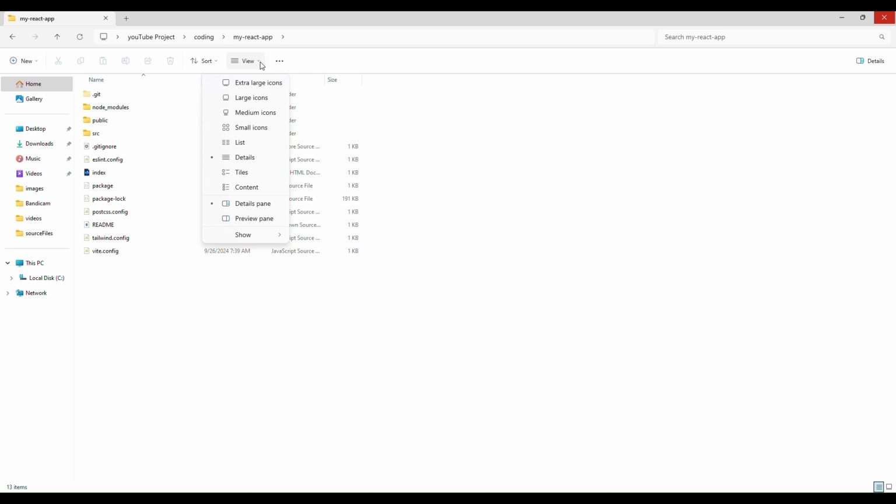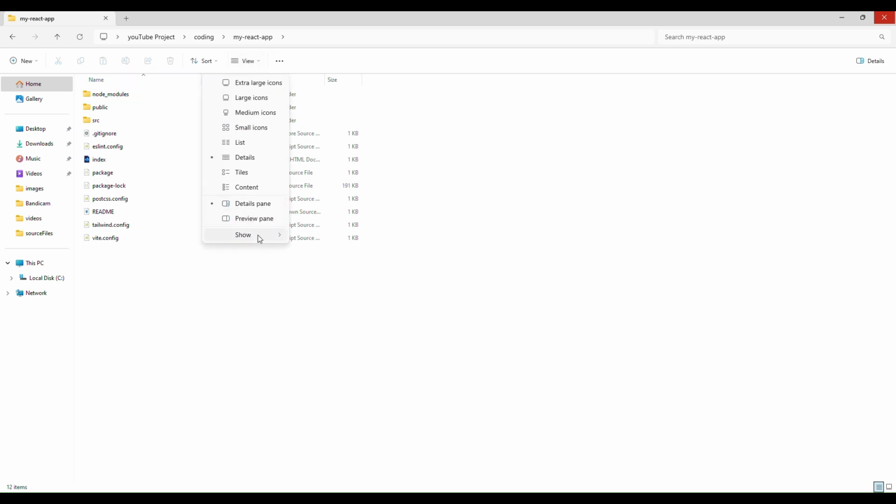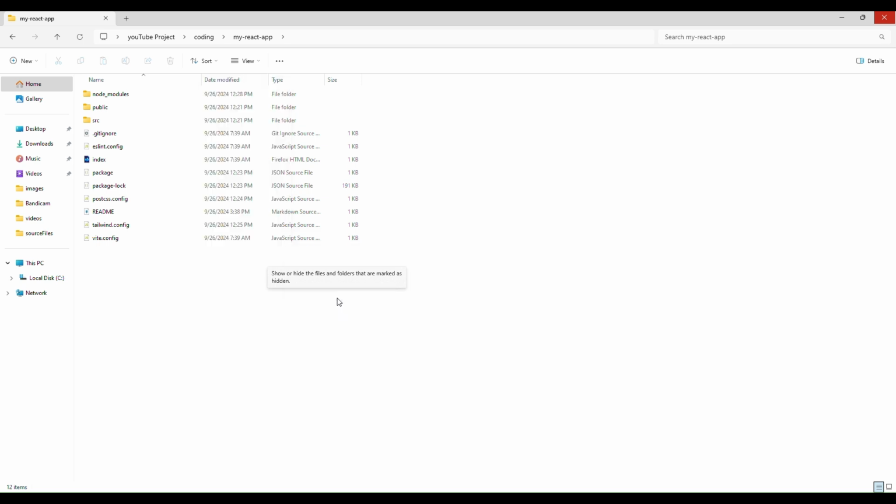In the view option, some people show the hidden items, and then it will be seen. But it's better, because you are a developer, that you go here and enable hidden items. That's very nice.